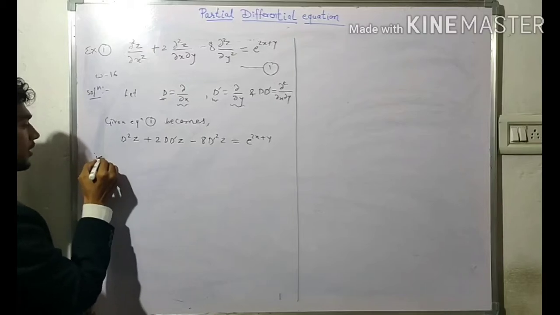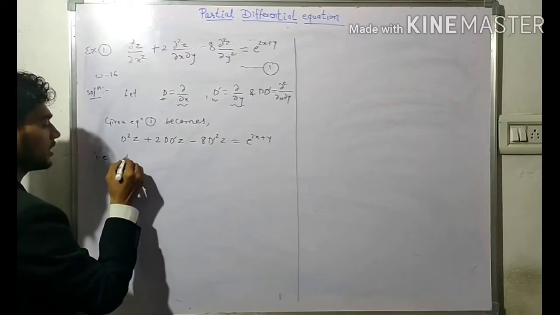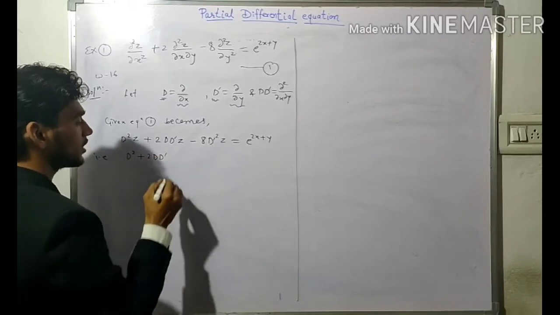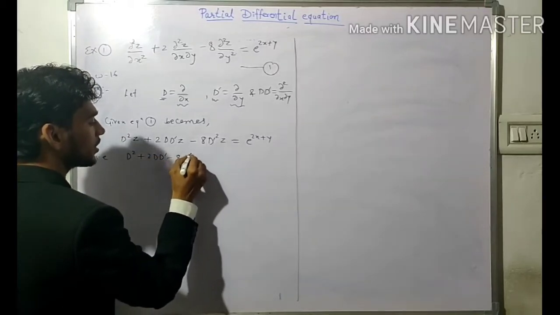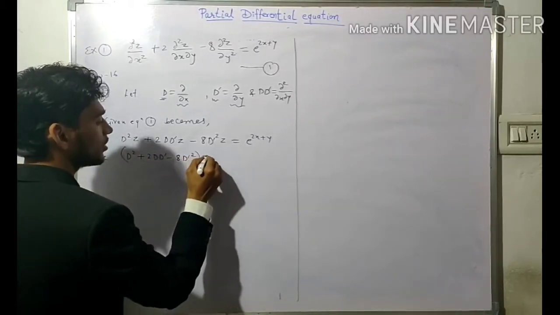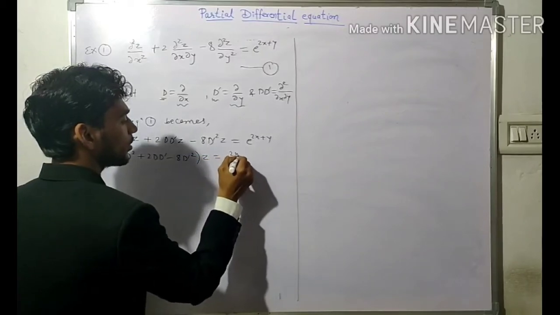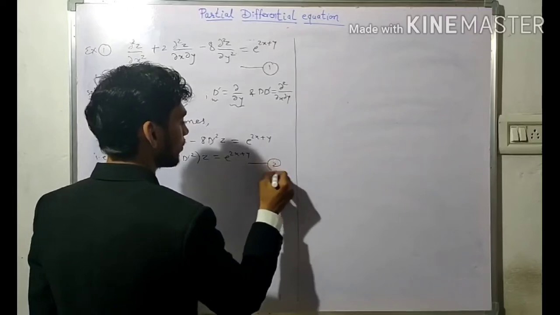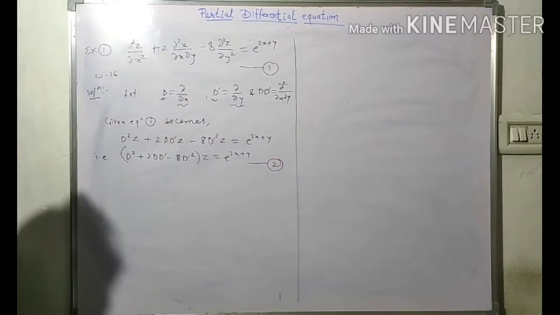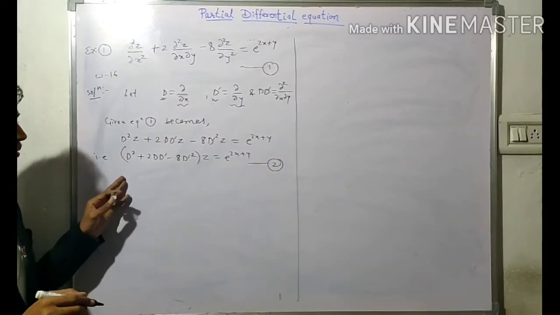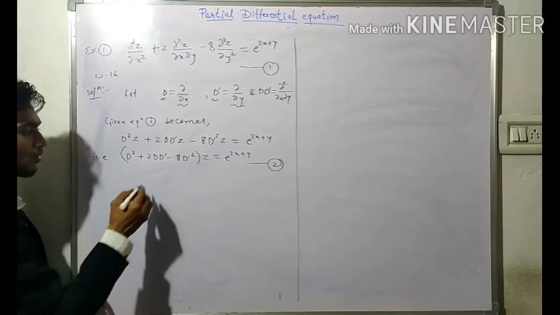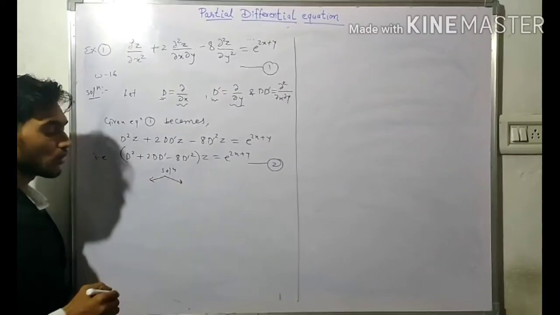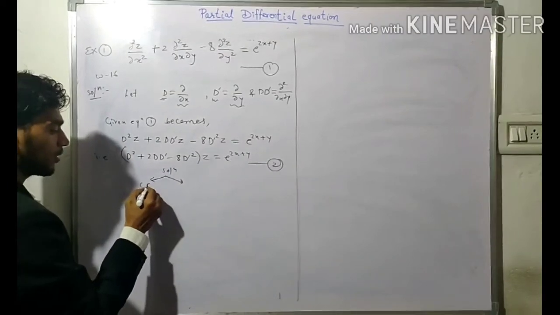That is, this equation can be written as (D² + 2DD' − 8D'²) z = e^(2x+y). Say equation number 2. So that is our given partial differential equation. Now in order to find the solution, we have to find its two parts, that is first one complementary function